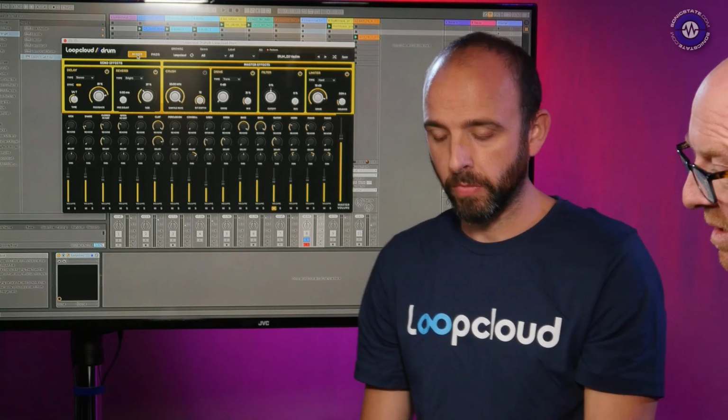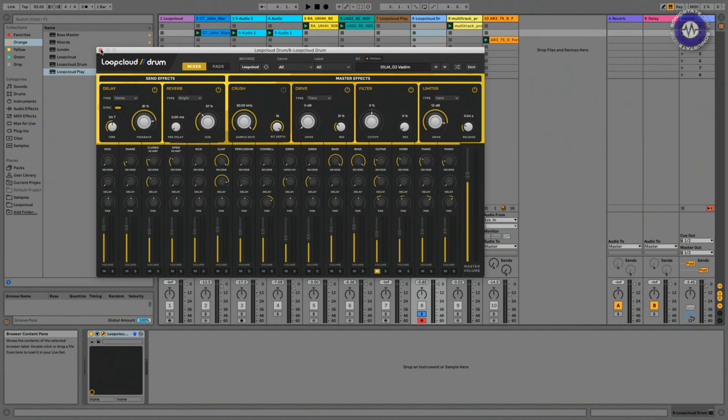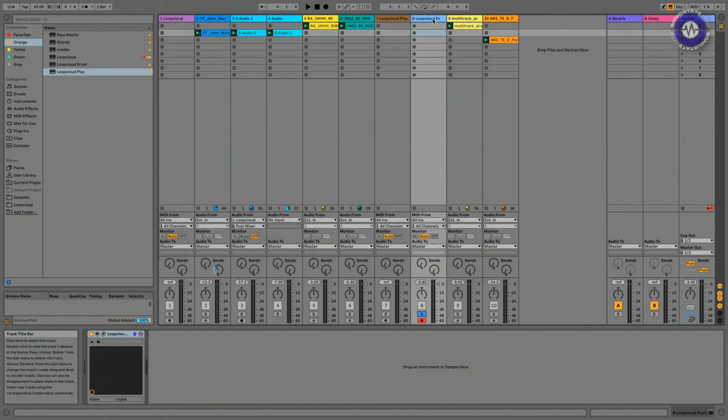Say if you've bought all of this stuff and then you cancel your subscription or you pause it or whatever, you could still get access to this stuff. Yes, the way that the Loopcloud subscription works is every single bit of content that you have bought, you own, and you will continue to own. Okay, all right. So in addition to drums, there's Loopcloud Play,